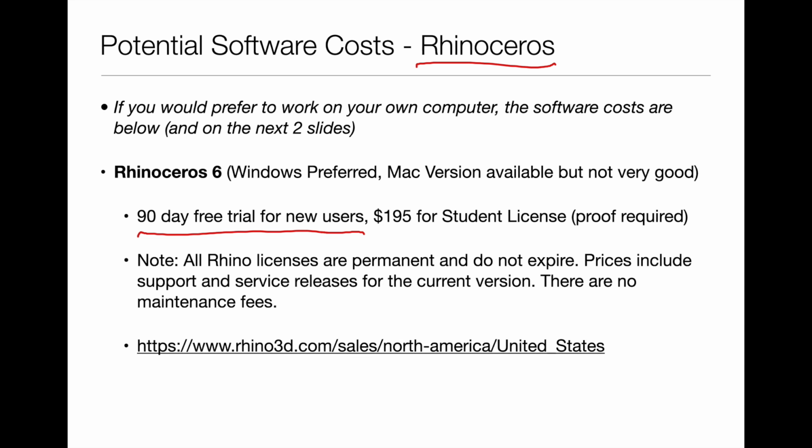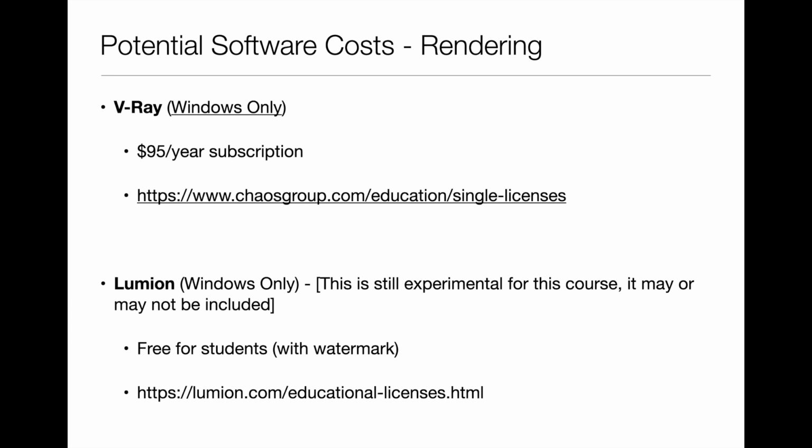Save it for a little bit later if you want to. And of course, if you actually choose to buy it, it's $195. You have to prove your student status to get it, but it is a permanent license. It does not expire. It's not a yearly subscription, which is very different than a lot of the software models that are out there right now. So be aware that you can drop the $200 and have it to work from then on. There's the link there if you want to explore that as an option going forward.